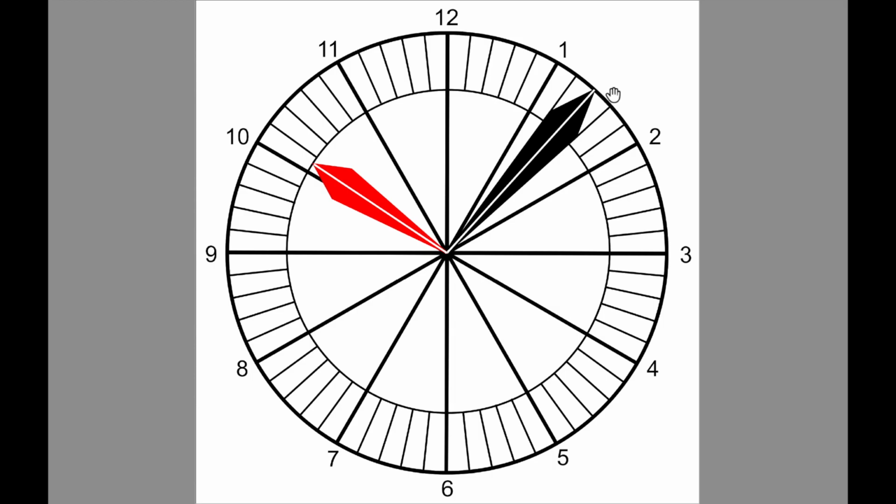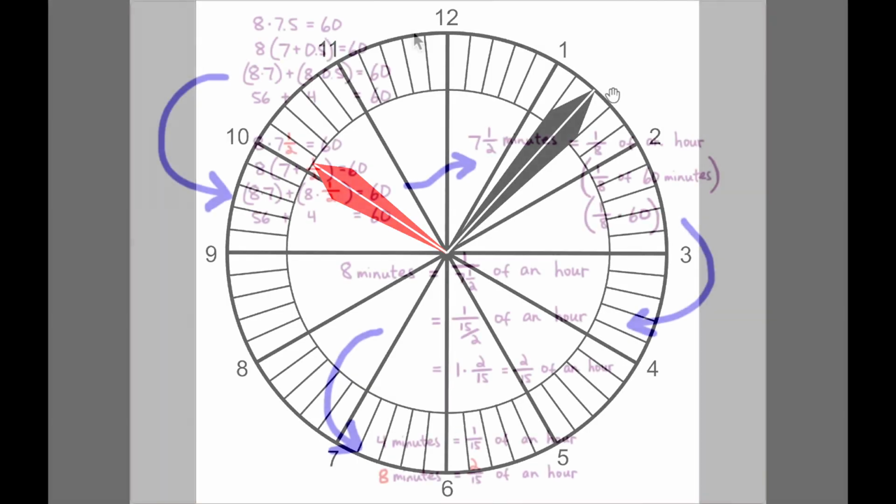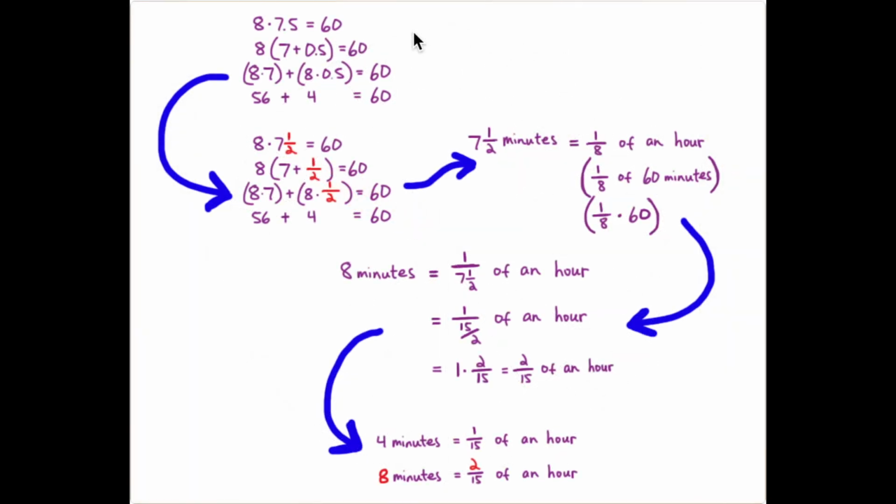7.5 minutes is actually 1/8 of an hour, and 8 minutes is 1 out of 7.5 parts of an hour. Although 8 and 7.5 are not whole number factors of 60, 8 times 7.5 does equal 60. So here is that multiplication as a decimal, 7 5/10, and here's the same multiplication as a fraction, 7 1/2. They are the same. That means that 7.5 minutes is 1/8 of an hour, and that's useful because 2/8 of